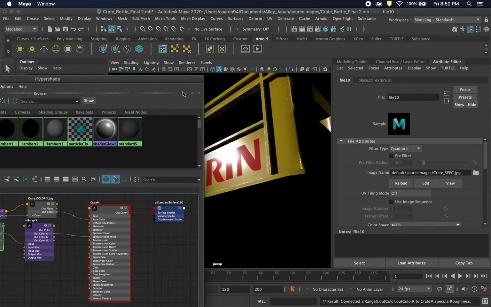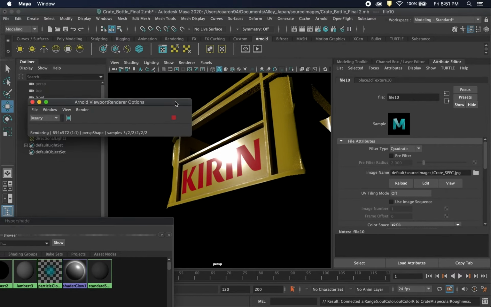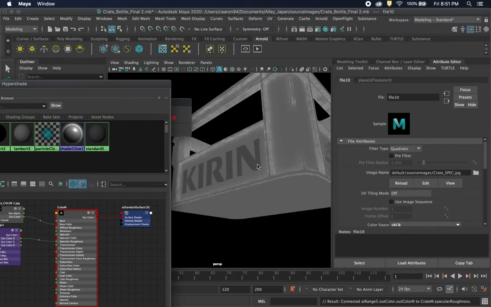And to get a good sense of how this is looking, we'll bring up our renderer, Arnold, options, and then we'll go into render, debug, shading, isolate selected. So right now this is what this looks like, so I know that let me bring down the overall weight a little bit, like, the crate is definitely not that shiny. Something about 0.25. Okay, so this is looking pretty good as is,